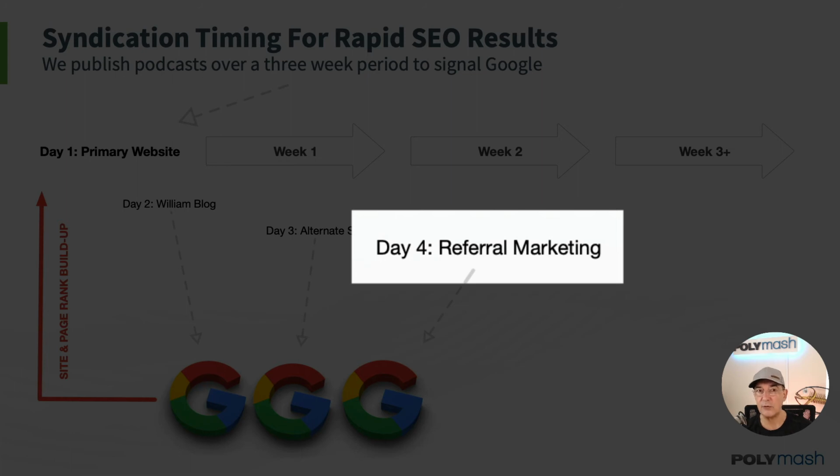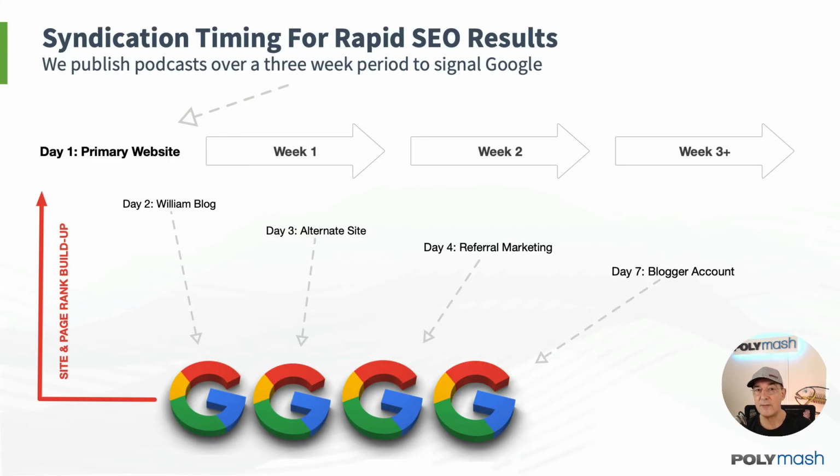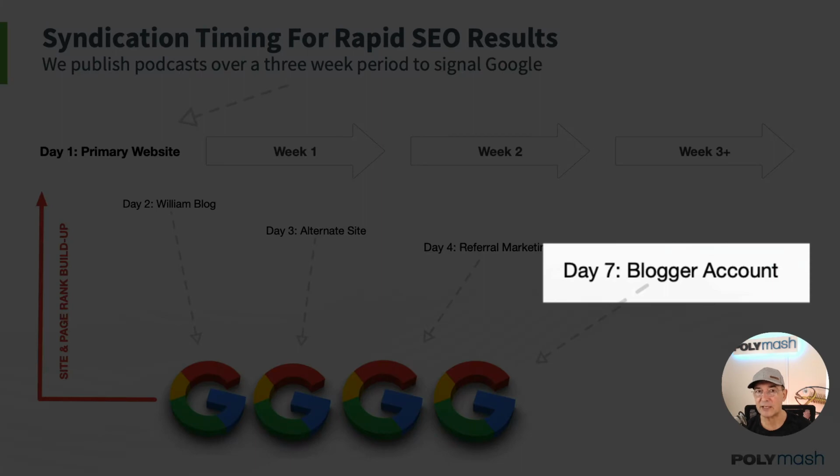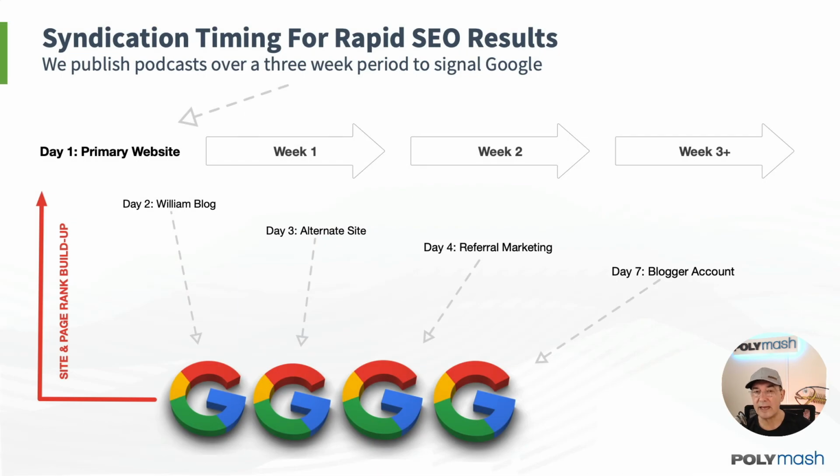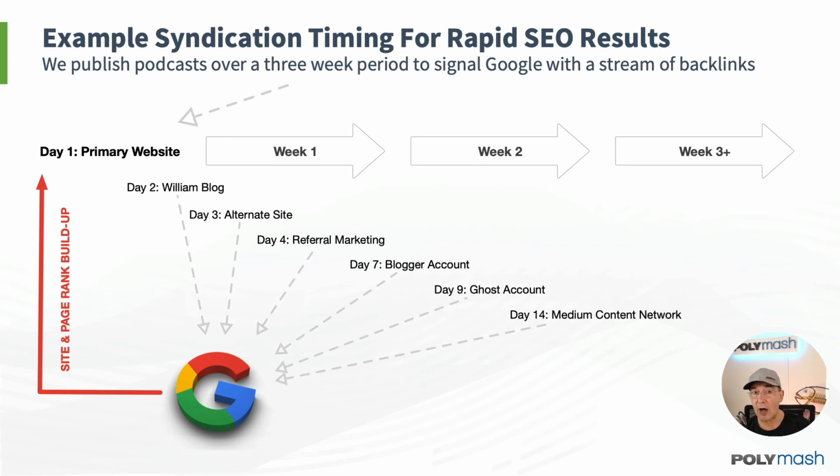And this process then continues through referral marketing. For example, if you get your podcast guest to link to you from an article or mention on their own website, that produces another incoming link. We may then publish to some content networks, like, for example, on a Blogger account. Again, a week later or so, you're starting to send regular signals to Google that wind up accumulating and that illustrate to Google that this is an authority article that you've just launched, and so on and so forth, right?